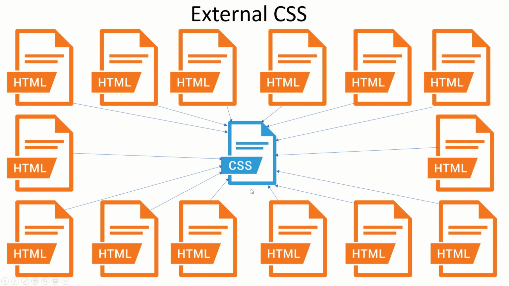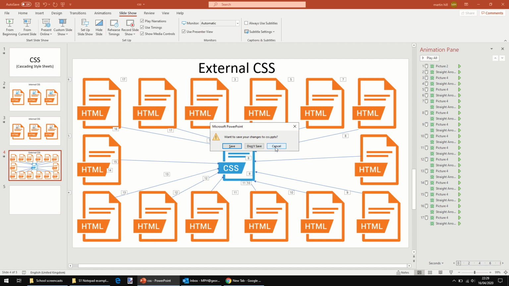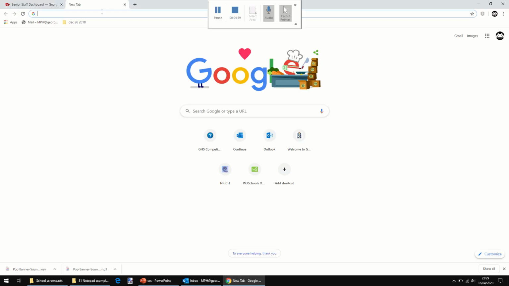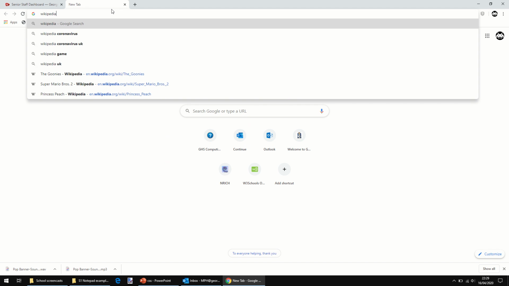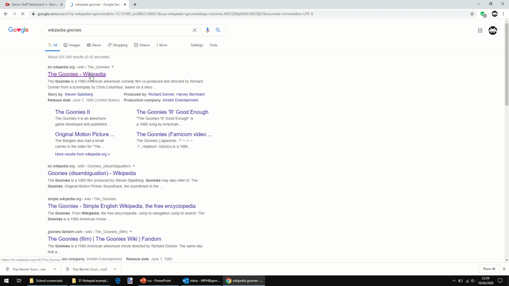And you might wonder, why do we have to do everything the same anyway? Well, let's just look at a half-decent website. I do not want to close this at all. I want to minimize it. Let's go look at a website quickly. Anything, Wikipedia will do. I've been looking at the Goonies, so let's just look up the Goonies on Wikipedia,